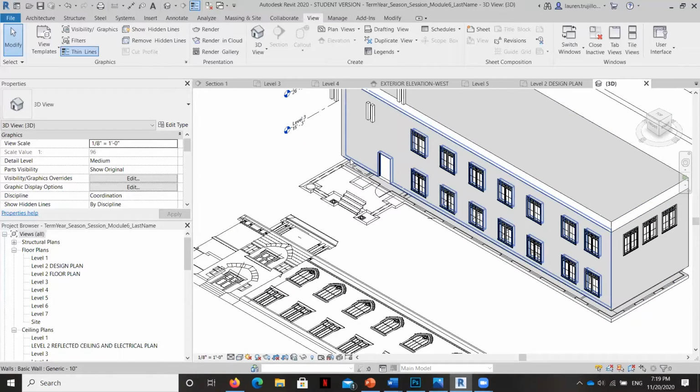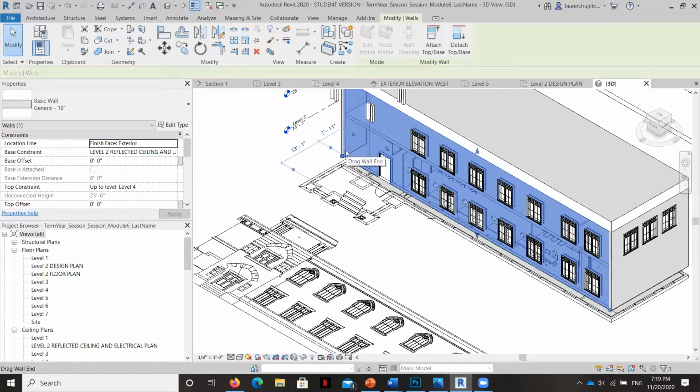And then I'm going to extend my exterior walls down just a bit because as you can see here, there's a little bit of a gap and that's where our sweep is going to go. But in actuality, these walls would go all the way down to the first level. So I'm going to start by just grabbing these and moving them.